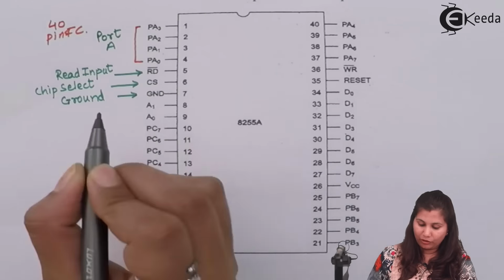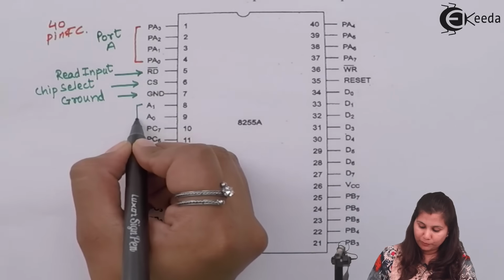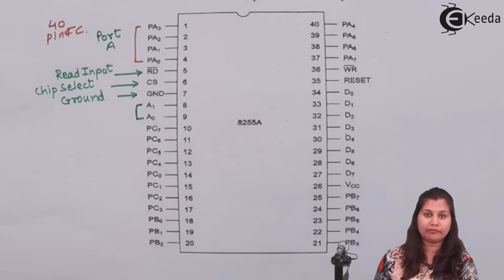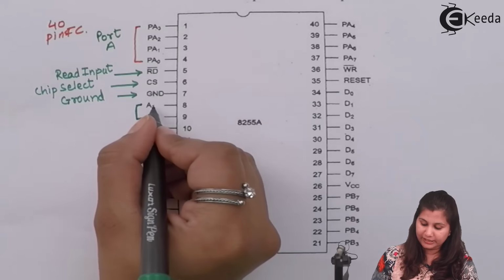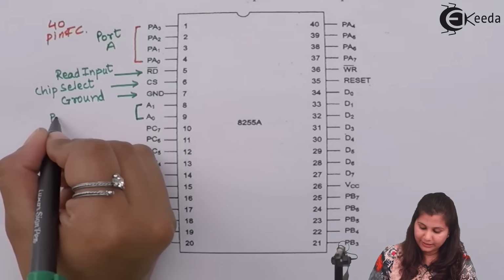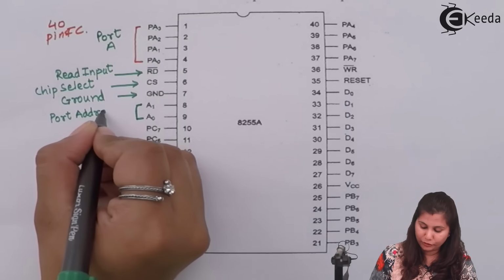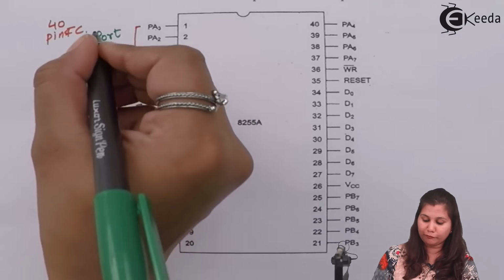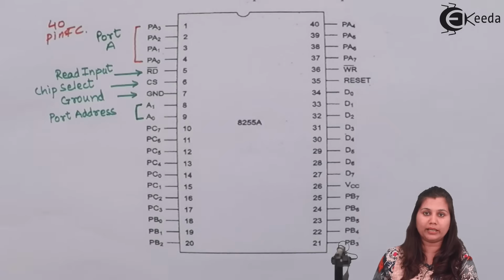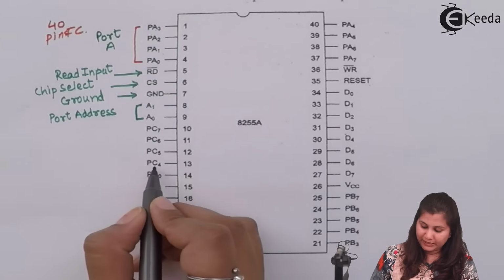A1 and A0 are the port addresses. Which port is to be selected and in which mode is decided by A0 and A1. So we can say that these are the port addresses. They decide which port out of port A, B and C has to be selected. Then PC7 to PC4,